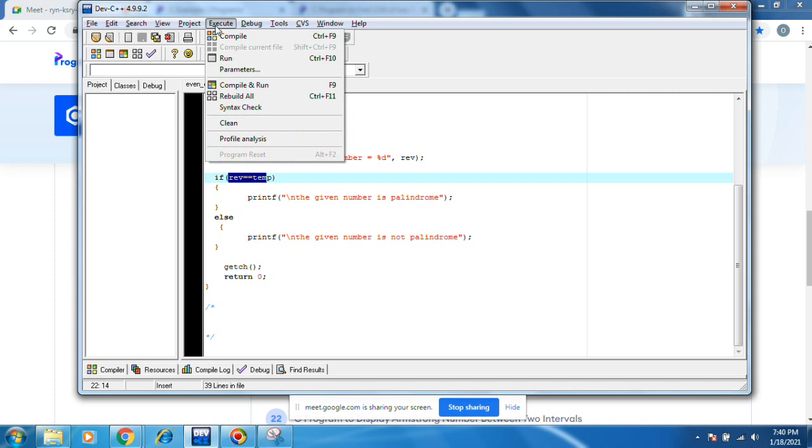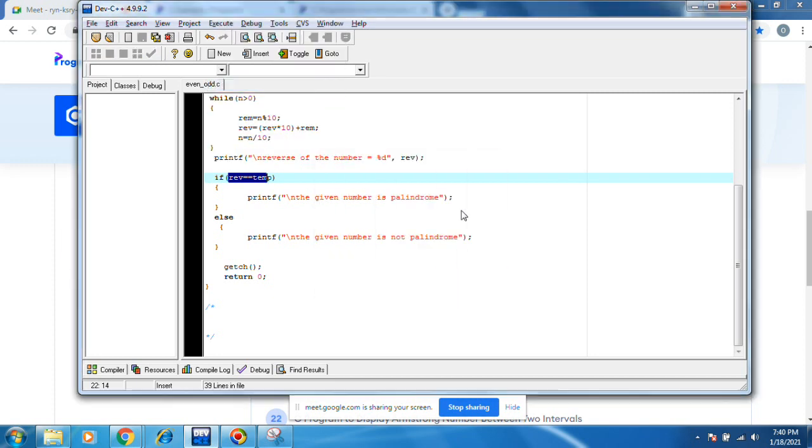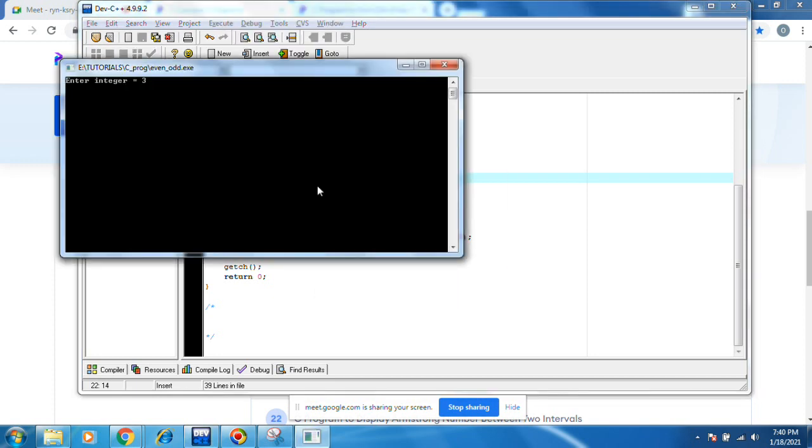If both are equal, yeah. See, the given number is palindrome. Both are same. This is the temp value. This is the reverse value.